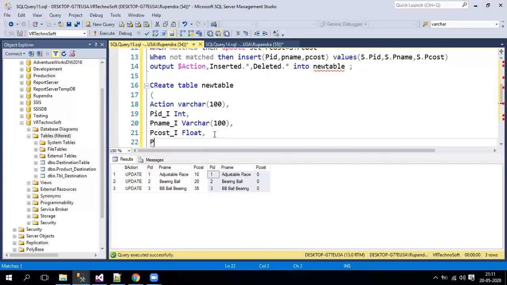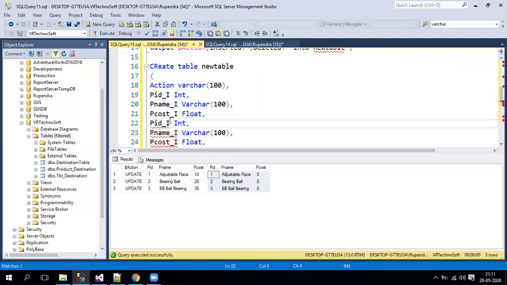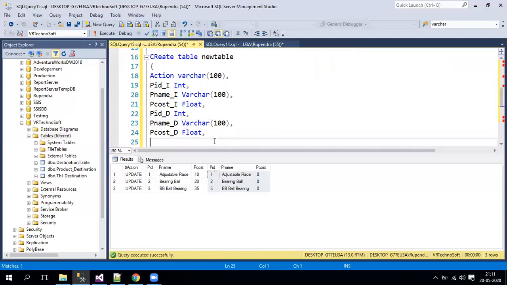Then again pid_, let me copy and paste it here, but we'll rename it, as we cannot keep the same column names. I'll make sure that those belong to inserted and deleted. Now I also require the date as well, so getdate, let me put datetime as well, and let me create the table. We can also put image.